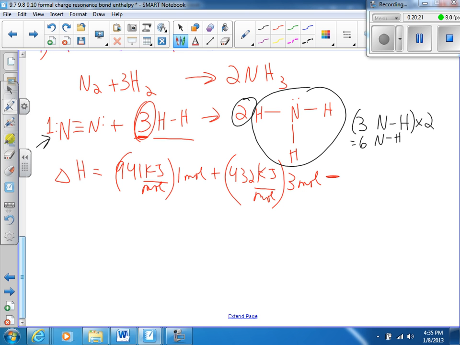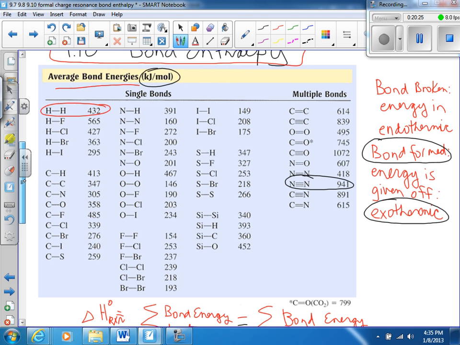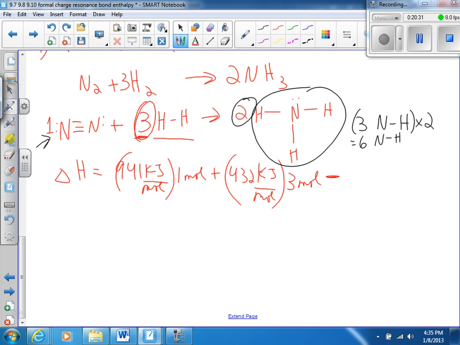So we look up N–H. NH is 391. So I have 391 kilojoules per mole times 6 moles. The moles cancel. I am left with kilojoules, and the answer is